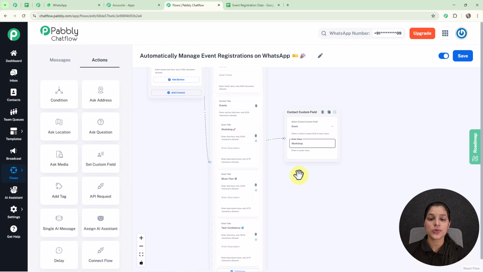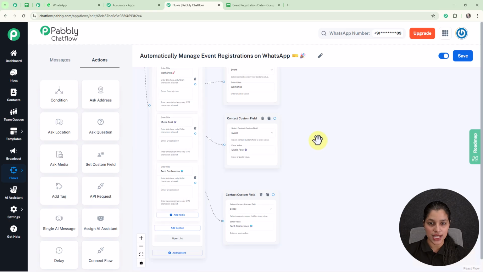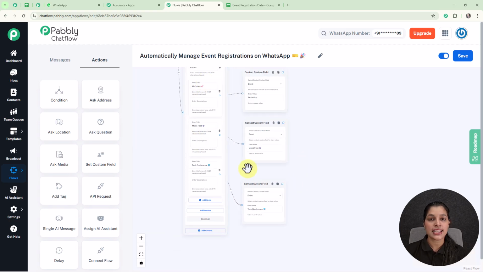Now I am going to do the same for the rest of the items. Here you can see I have provided the contact custom field to the rest of the items, that is Music Fest and Tech Conference, and I have selected the same contact custom field for all these items. Now as soon as my user selects any of these events, I am going to provide them details of